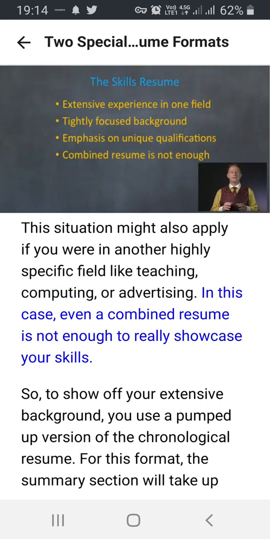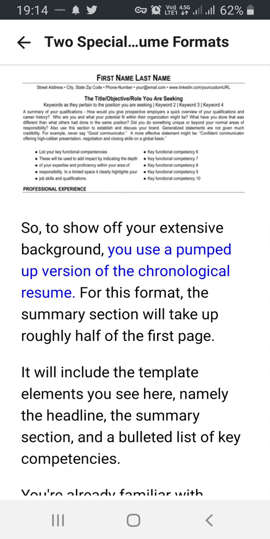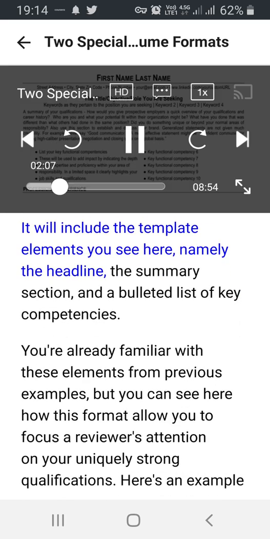In this case, even a combined resume is not enough to really showcase your skills. So to show off your extensive background, you use a pumped-up version of the chronological resume. For this format, the summary section will take up roughly half of the first page. It will include the template elements you see here, namely the headline, the summary section, and a bulleted list of